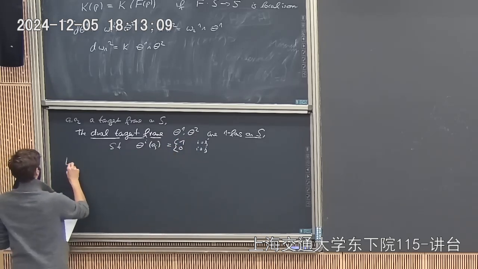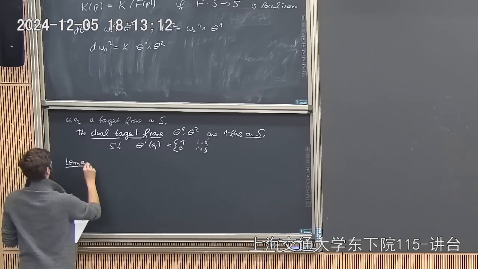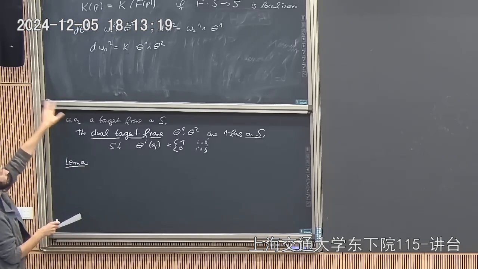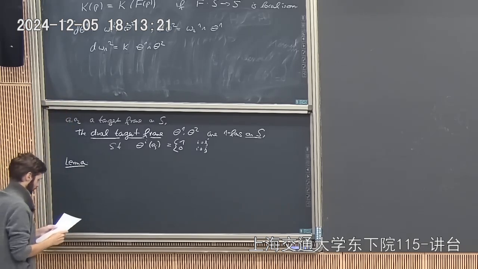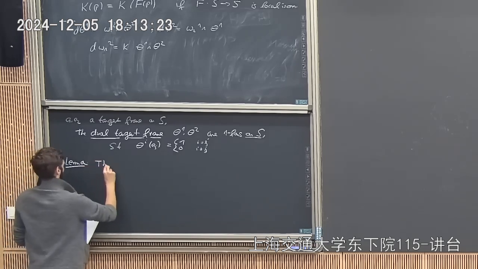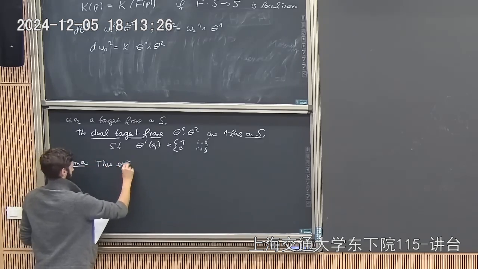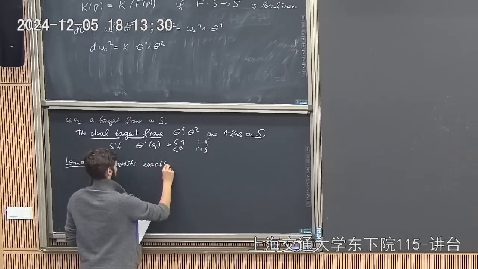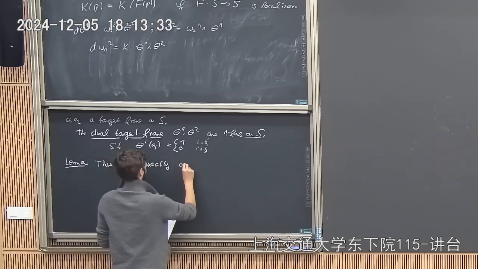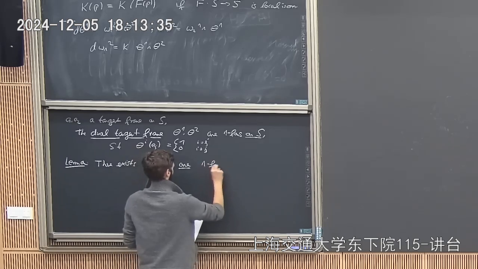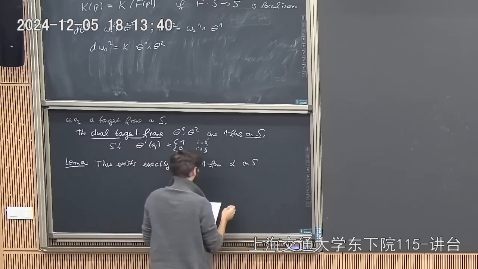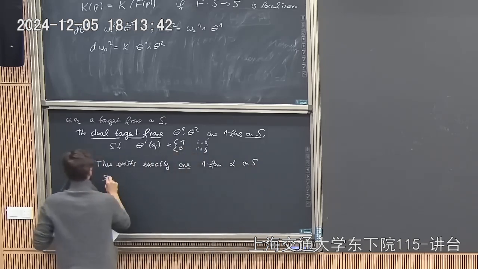And now the first lemma that discusses exactly this point is how much omega 1, 2 is given by the theta 1 and theta 2. So the lemma says there exists exactly one one-form, let's call it alpha, on S, satisfying